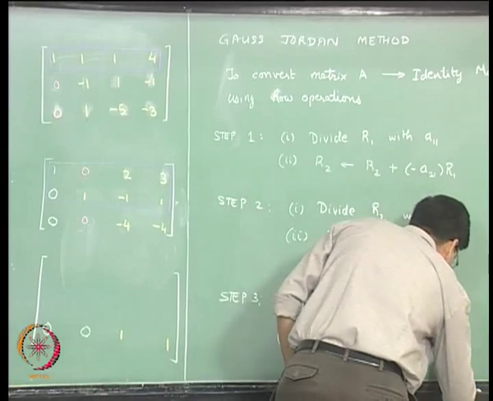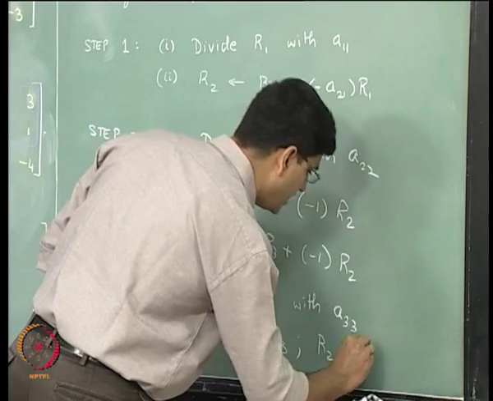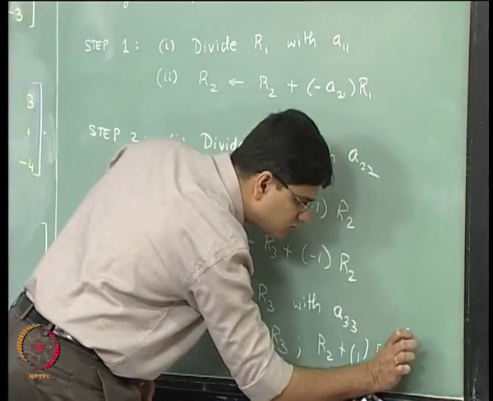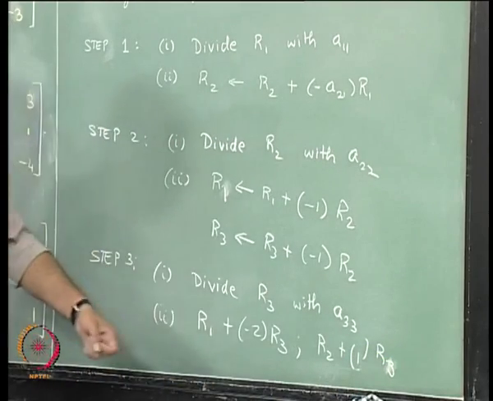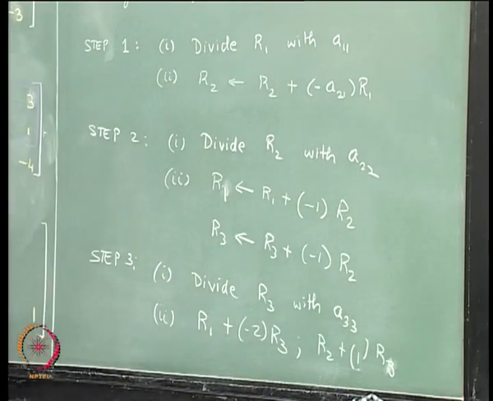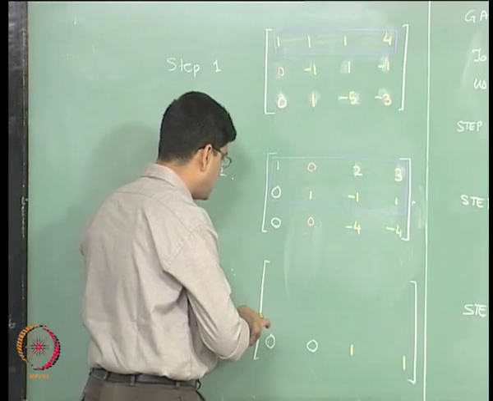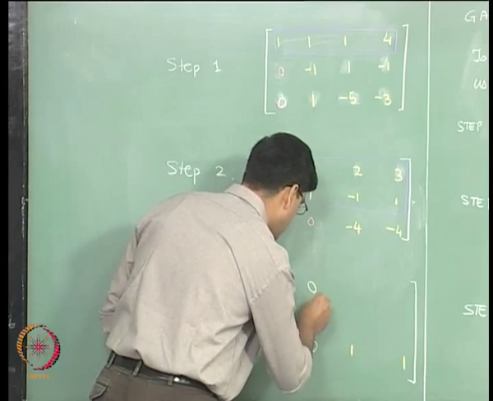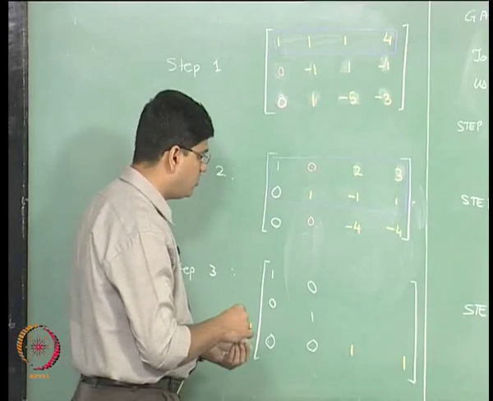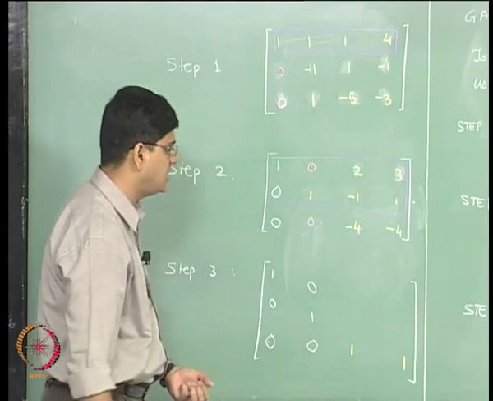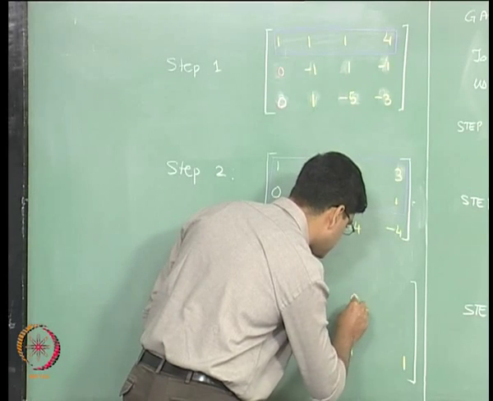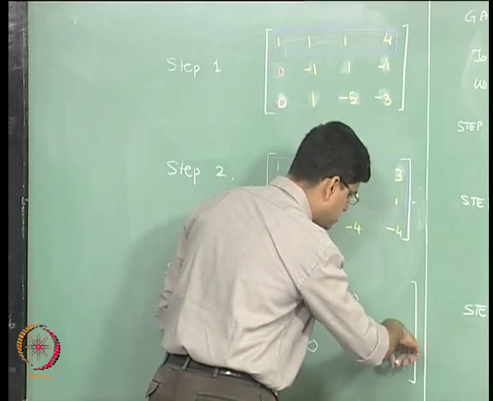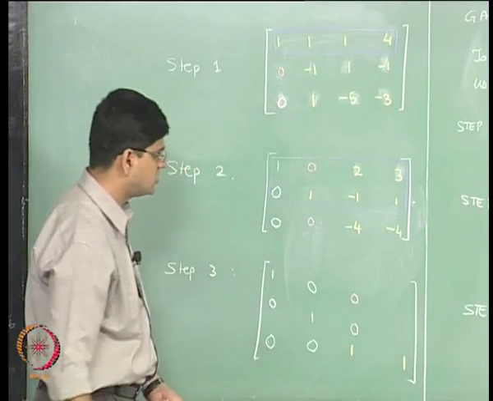So, it is just going to be R2 plus 1 into R3. It is actually not 1, it is minus of negative 1, and therefore it is 1. Okay. So, what change will that make? This 1 and 0 remain as they are, this 0 and 1 remain as they are. We know that these two elements are being made 0. So, we are not going to do explicit computations over here. We are putting this in red color chalk, and the only things that are going to change are these two elements over here.